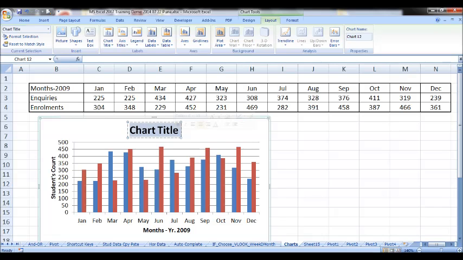What is this graph? Monthly inquiries and enrollments.